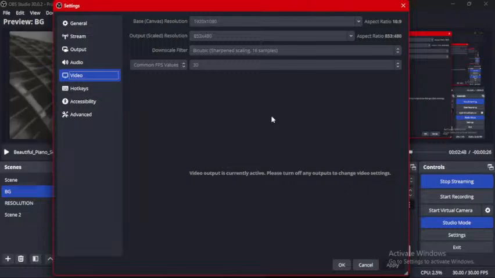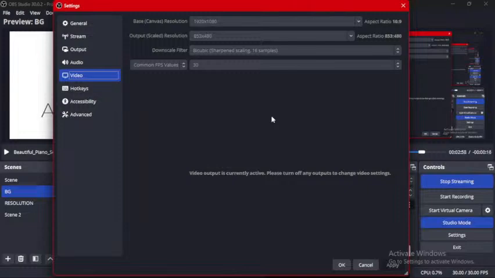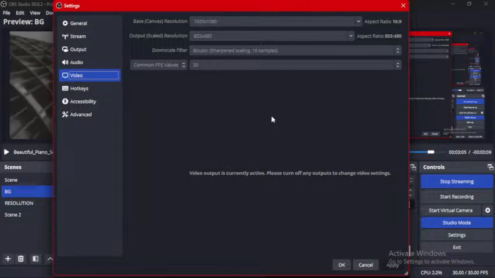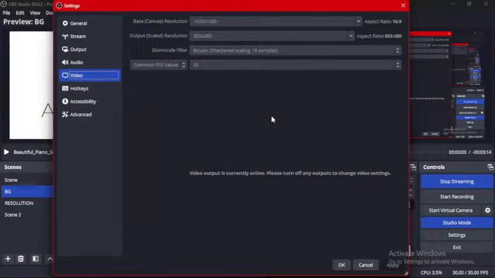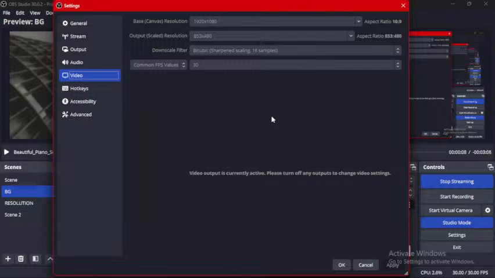Secondly, you need to also check your network. Yes, your network, because this output resolution works hand in hand with your network also. And as I said earlier, it also works with your computer speed. So for those of us that are hearing this output resolution for the first time, the output resolution is the resolution at which you will be streaming or recording your video.